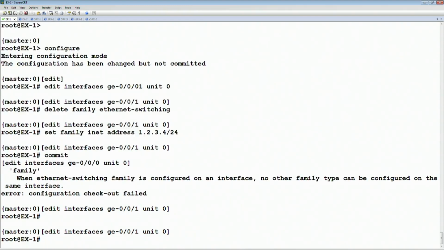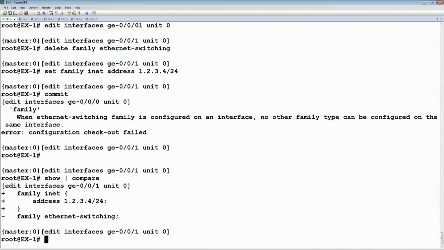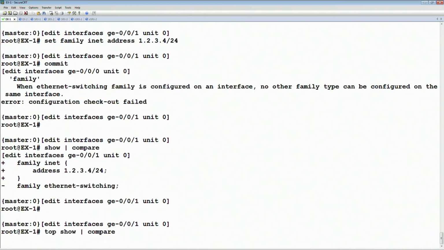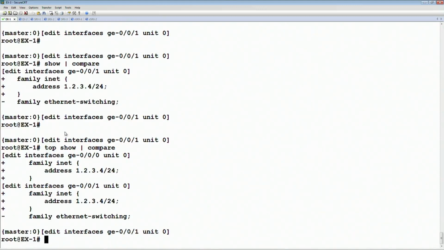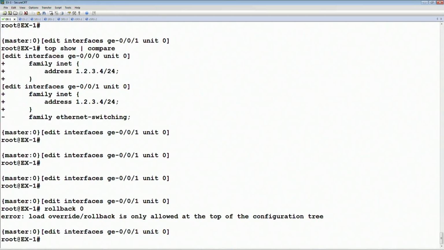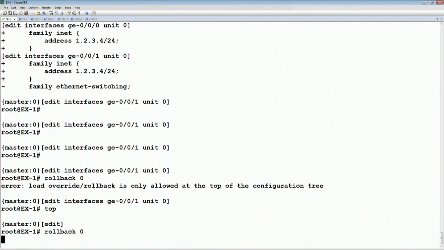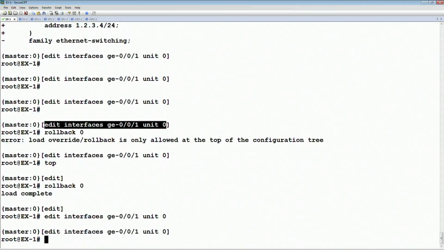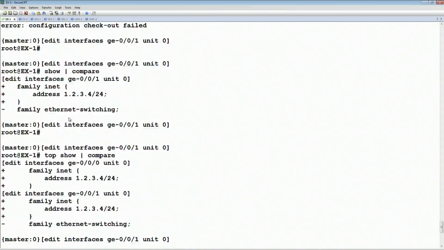It says when family Ethernet switching is configured on an interface, no other type can be configured. Let's say show | compare. And actually, top, show | compare. I think there's some old config from before, which was that config there. So actually, let me delete those. Let's say rollback 0. Okay, that's deleting. I need to go to top. Top, then rollback 0. That's aborting the config. Then I'm going to do what I did before, which is to edit that interface, delete family Ethernet switching, and then set